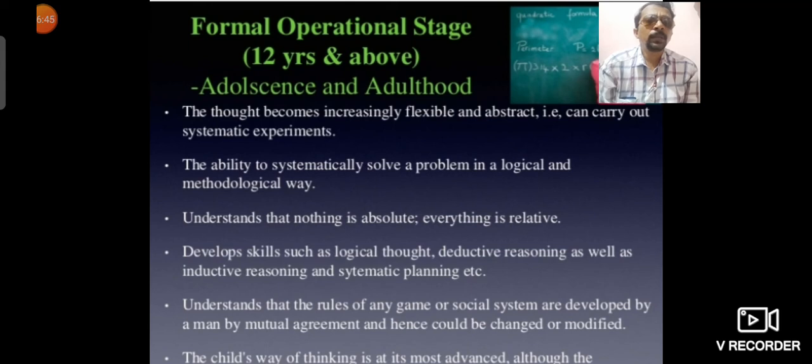They are able to solve arithmetic problems, geometry, or any other science problems or practicals, and they can understand easily. That is, mathematical problems or science problems are abstract,